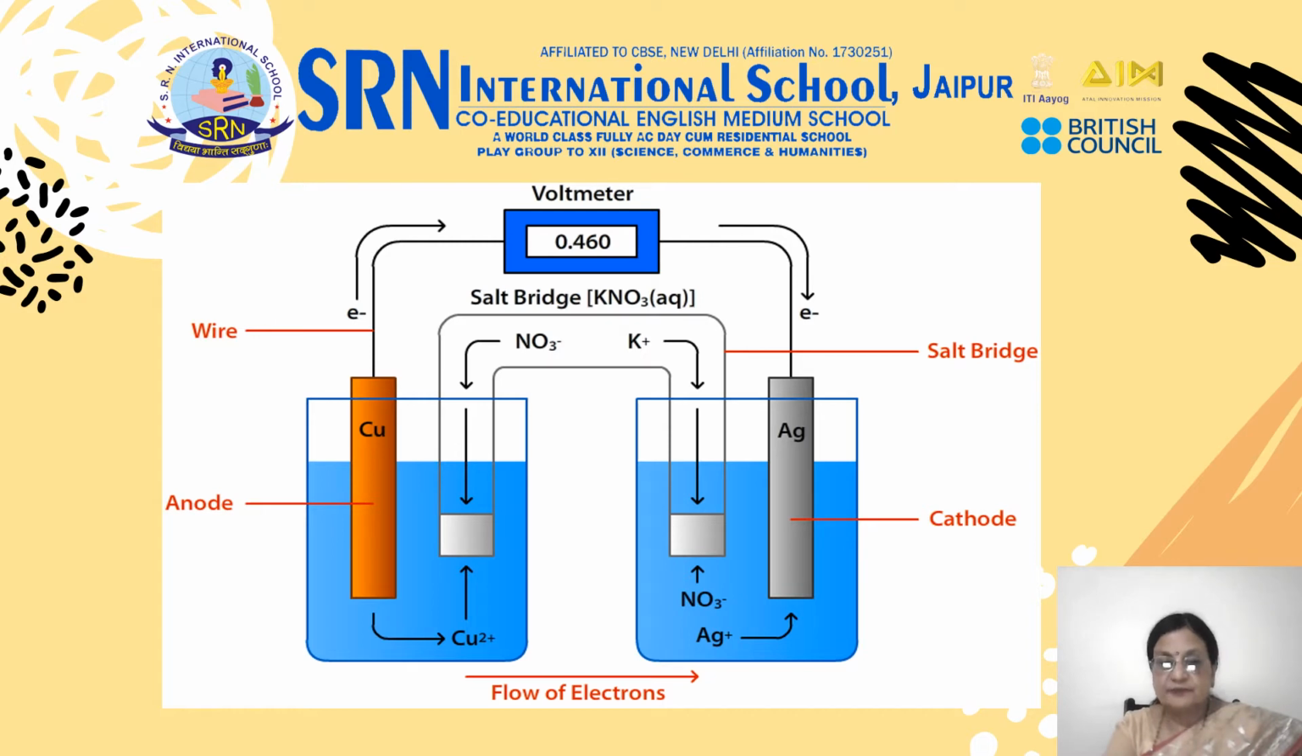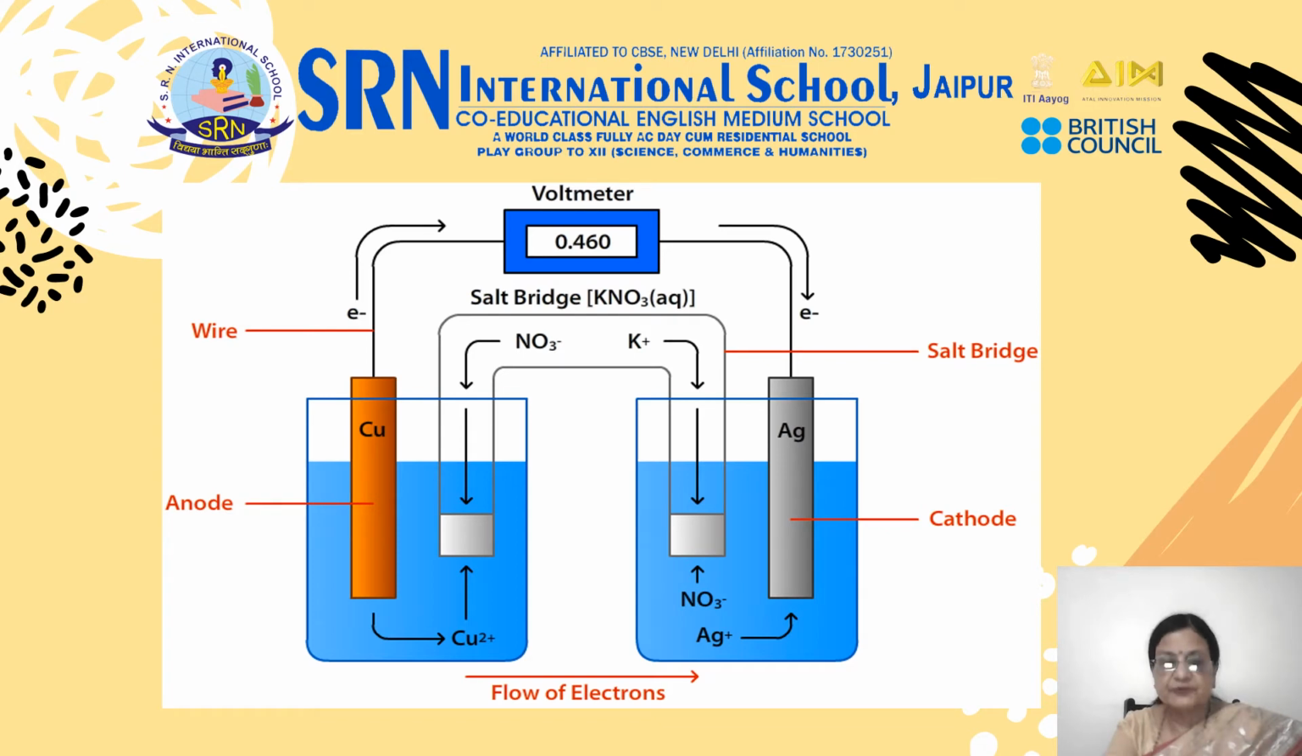Thus, there will be a flow of current because by convention, current flows in the opposite direction to the direction of the flow of the electrons. So current will flow from cathode towards anode, and thus the circuit is complete. And this is shown by the value that is appearing on the voltmeter,